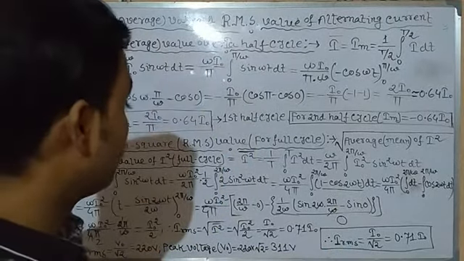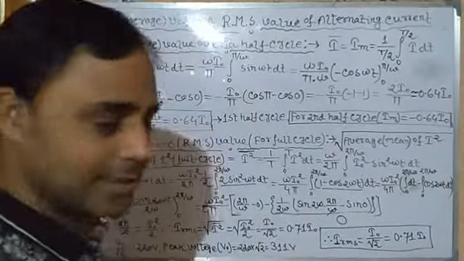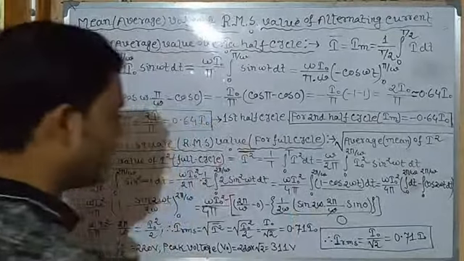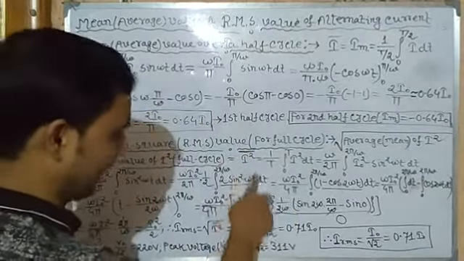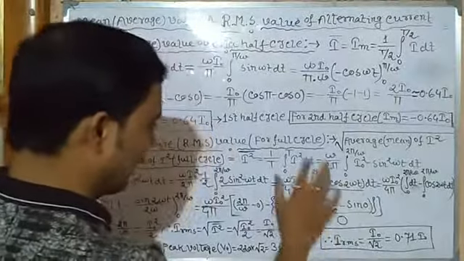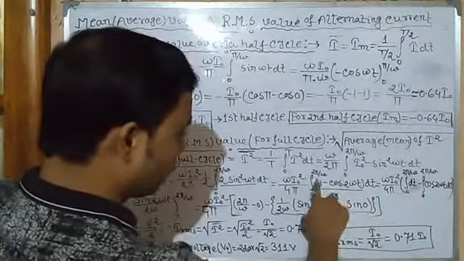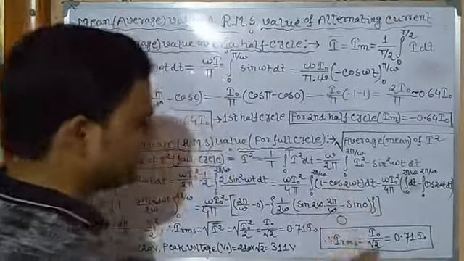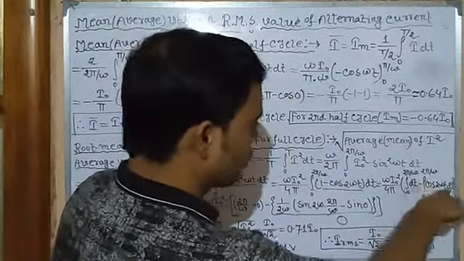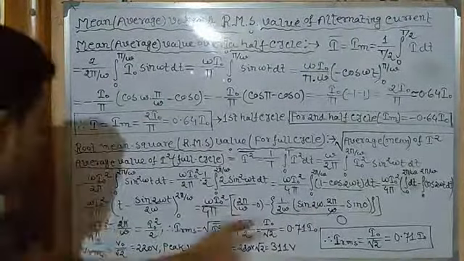Whereas 2 cos square theta equals 1 plus cos 2 theta. Isn't it? 2 cos square theta is 1 plus cos 2 theta, but 2 sine square theta is equal to 1 minus cos 2 theta, where theta here we assume is omega t. So 2 sine square theta is 1 minus cos 2 theta, into d theta. Now omega I0 square by 4 pi. So now two integrations: 1 into dt, that is the integration of dt, the limit is the same, 0 to 2 pi by omega, then minus cos 2 theta d theta. Clear?